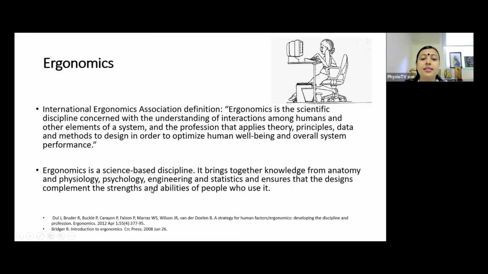So ergonomics is a science-based discipline. So it brings together knowledge from anatomy and physiology. So when we talk of the alignment of the body, when we speak of mechanics, when we speak of functioning, all we are doing is we are basically bringing together knowledge of anatomy and physiology, of course, psychology,